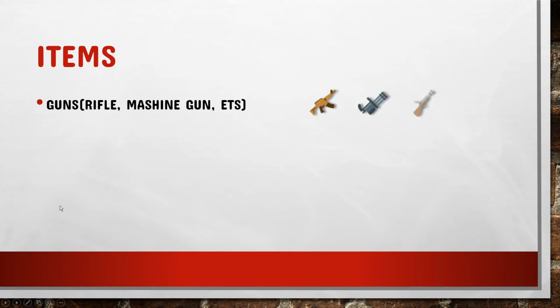So for the items, we have different guns. I want to add different guns like rifles, Gatling guns or machine guns, shotguns, old rifles, and some assault rifles, and maybe some pistols, or maybe even a rocket launcher on our way through. For the ammo, I want to add ammo boxes, and basically